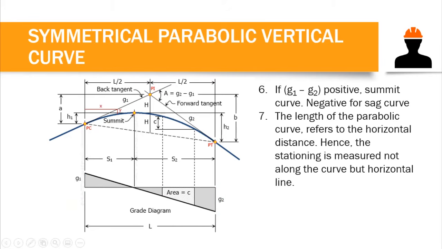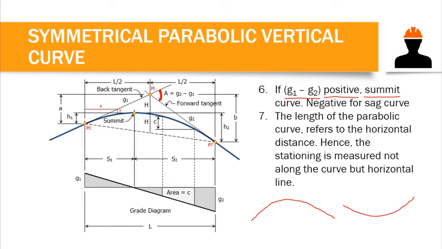Now, the angle at the intersection of two tangents is basically G1 minus G2. If G1 minus G2 is positive, that means we have a summit curve. A summit curve is when our parabolic curve is concave downward, so a frowning curvature. Now, if G1 minus G2 is negative, that means we have a sag curve, or a smiling curvature,